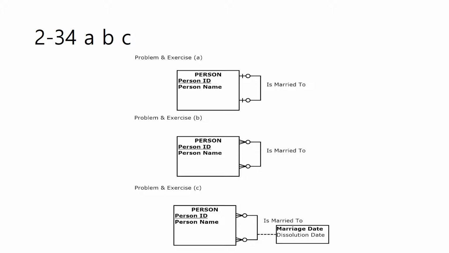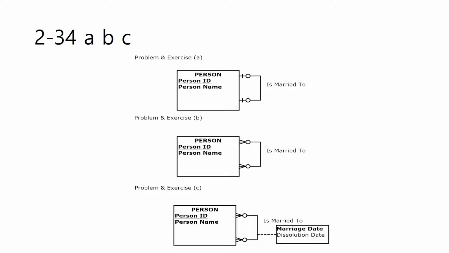You can see, the is-married-to relationship has marriage date and dissolution date. So we can draw almost the same figure, but there are, you can see,